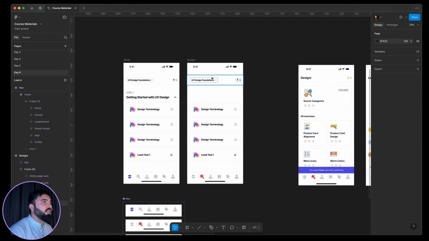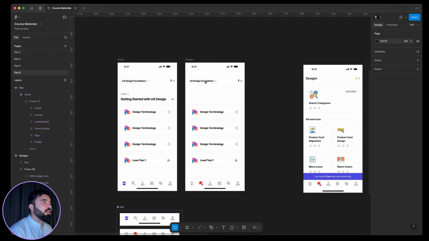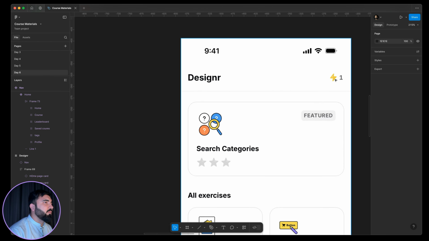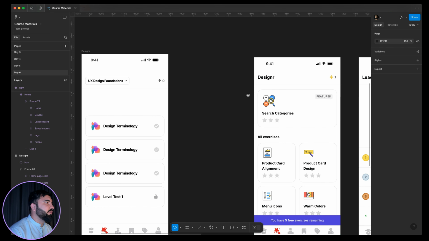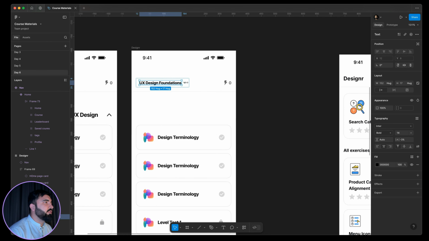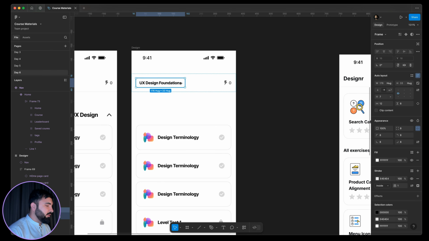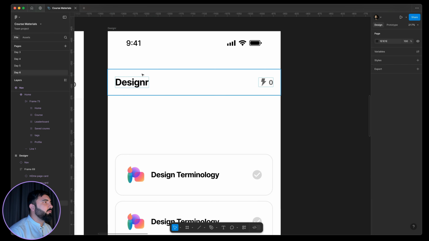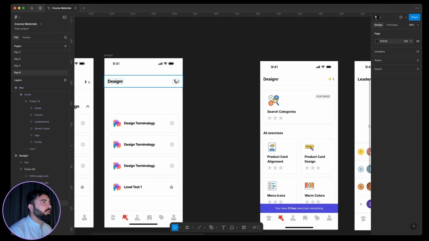Now we don't need this. Okay, we also don't need this, but instead I would need a text, and by the way we need this icon along with this number, this point as well. Okay, so what I can do here is I will delete this, I will ungroup this, perfect, and now I will call it designer. Okay, but the text needed to be a bit bigger, so maybe 18 pixel. Let's try 20 pixel. Okay, now the text is added, perfect,